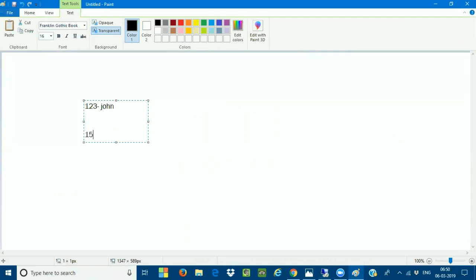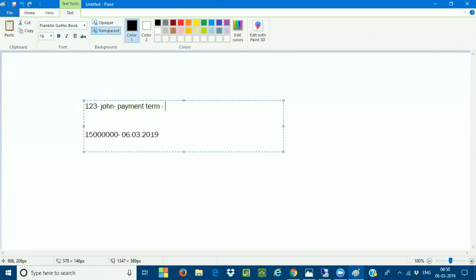The invoice number is 15000. When you have posted this invoice, 06/03/2019 is the invoice date. Now in the vendor master record, I have assigned one payment term. The payment term is 30 days net due date.